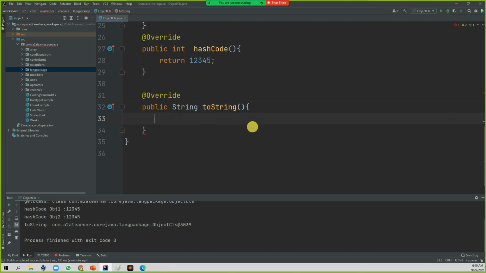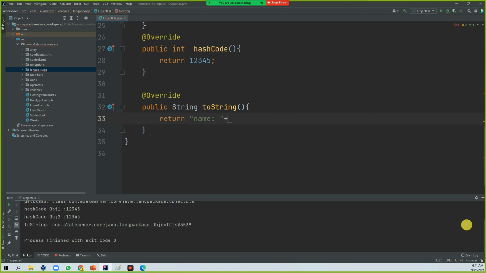This concept is nothing but overriding. We already covered this concept, so you can refresh it once. This overriding toString method's signature is coming from the parent class, so I am going to override it. So here, name. Just put return.